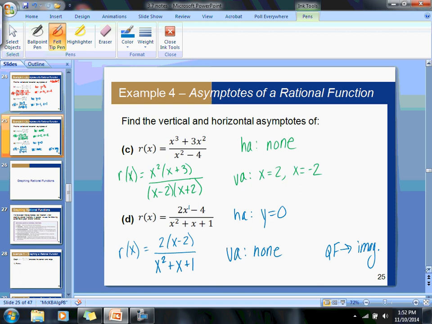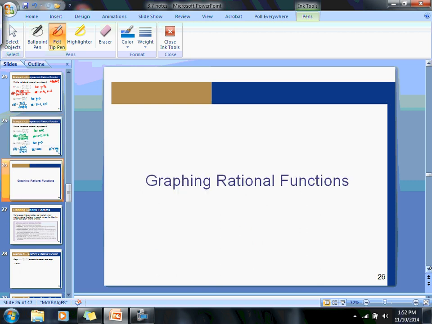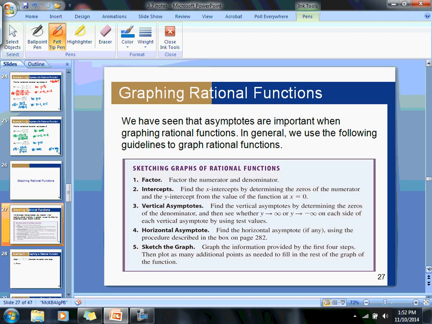So these are the first few steps that we're going to be using when we're going through our graphs now and graphing our rational functions. And we still want to look for that information that we were looking for in the previous section of notes in 3.7 day 1. But we're going to start by factoring, just like we did. You can find your horizontal and your vertical asymptotes. You want to find your x and your y intercepts,